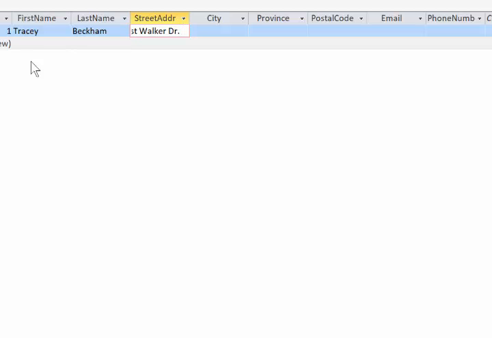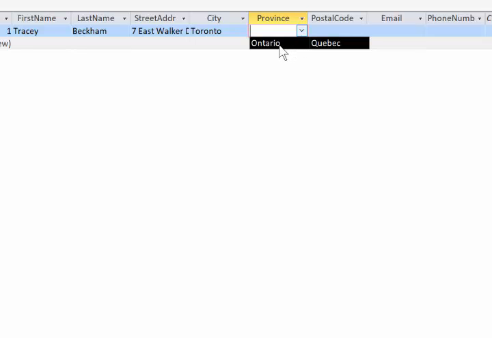Again, the tab key to get over to the city, which is Toronto. Tab again to identify the province, and here we have a drop down, and if you recall, we entered 2 provinces, and I want the person who's inputting to select, in this case, Ontario, and the postal code